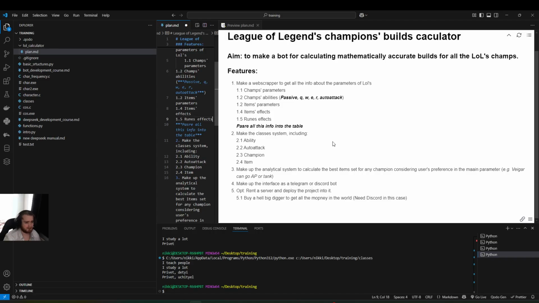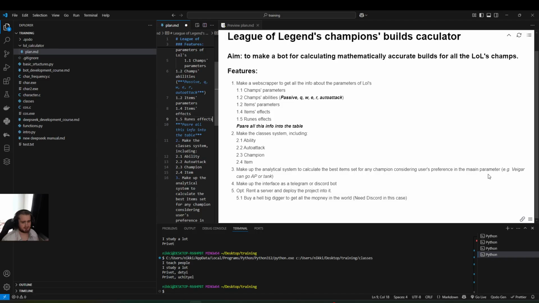So then we will have to make the analytical system to calculate the base item set for any champion, considering users' preference in the main parameter. For example, Vega can go AP or tank. Because of his passive, he can stack his AP, and it's not that crucial for him to have lots of AP items.